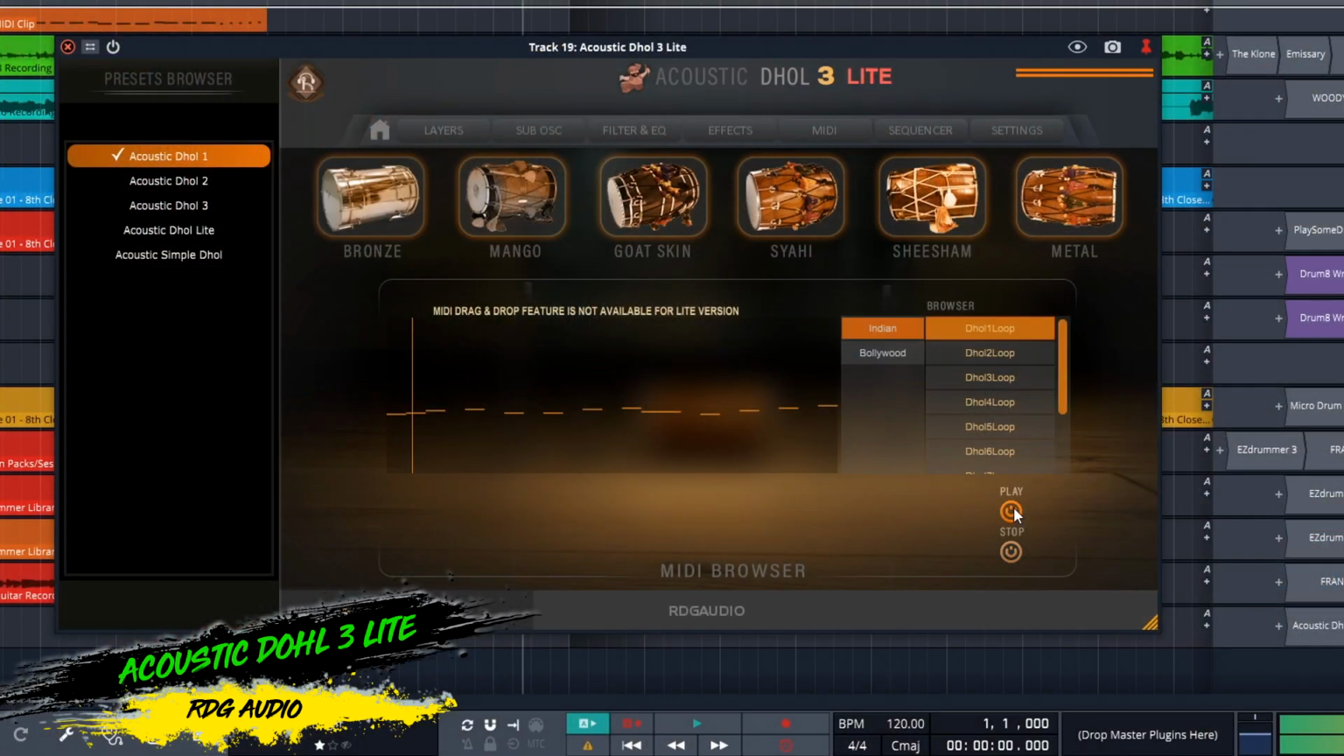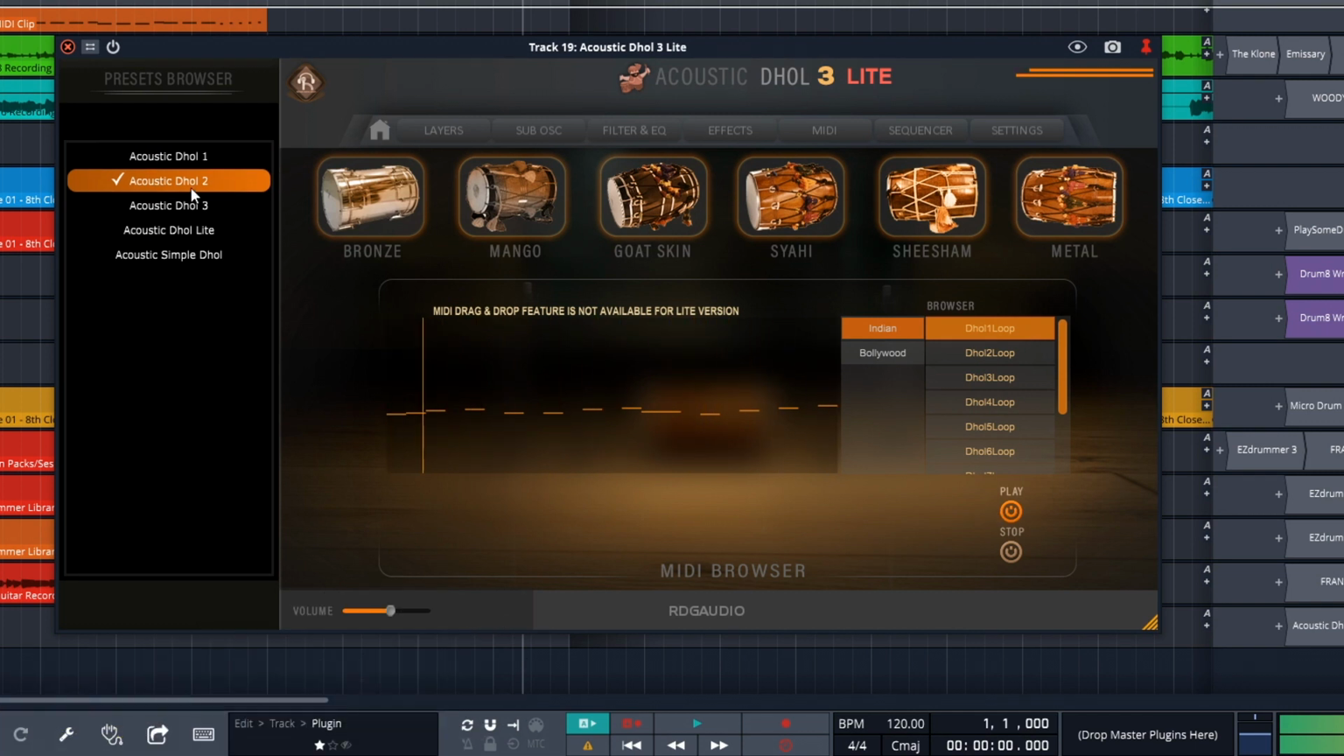Let's check out these four newer free VST instruments, starting with Acoustic Dhol 3 Lite from RDG Audio. This is a Dhol drum instrument. This style of drum is popular in East Indian music and it can add a cool vibe to any style